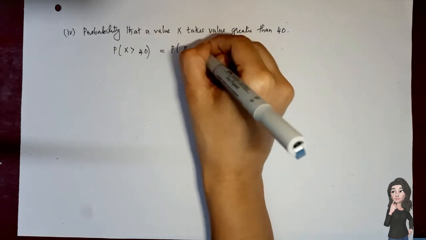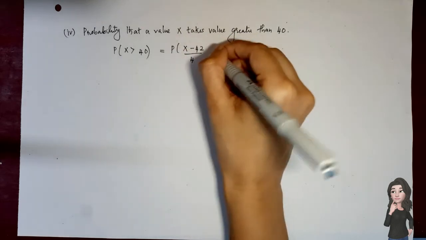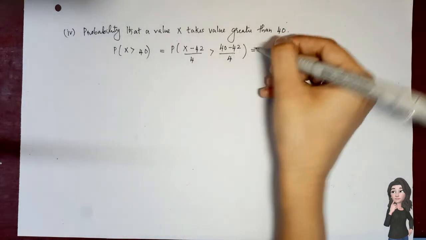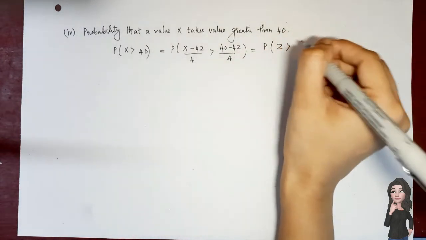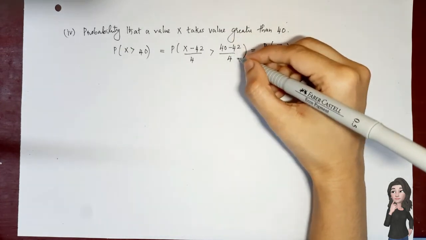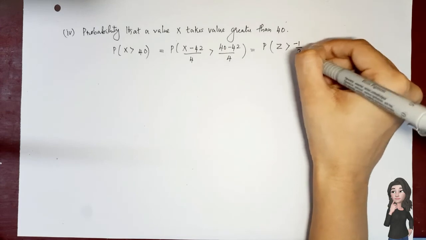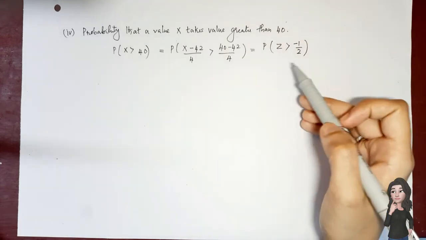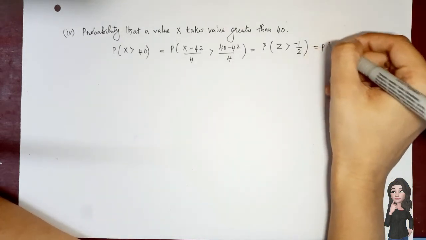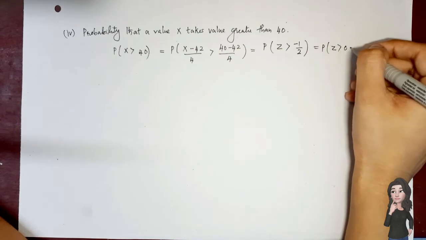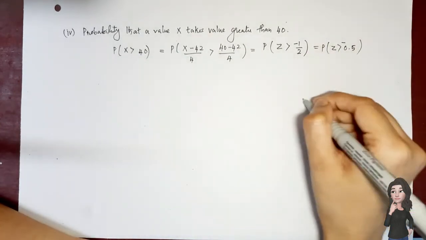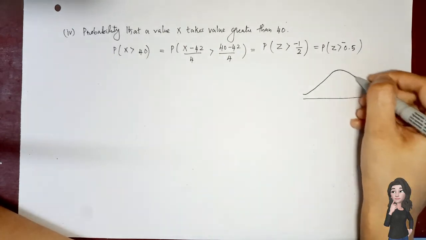So (x minus 42) divided by 4 is greater than (40 minus 42) divided by 4, which is equal to the probability of z greater than minus 2 divided by 4, which is minus 1 by 2. So what we need is the probability of z greater than minus 0.5. We shall mark this point on the